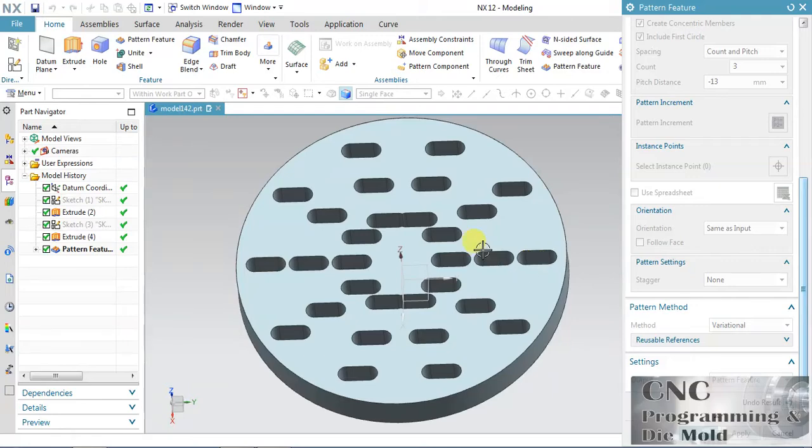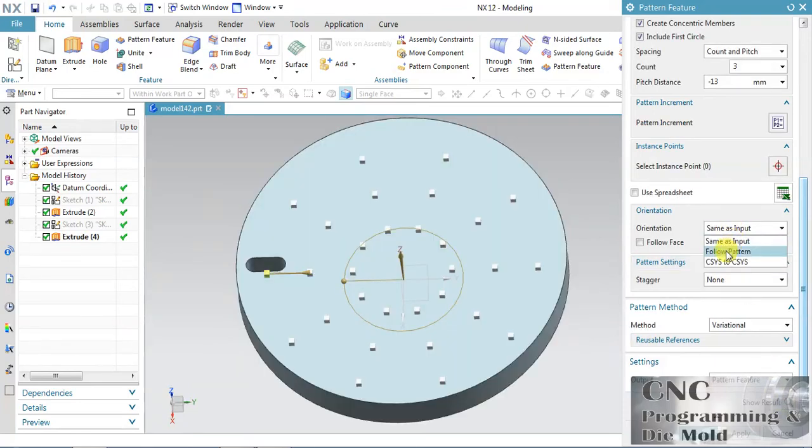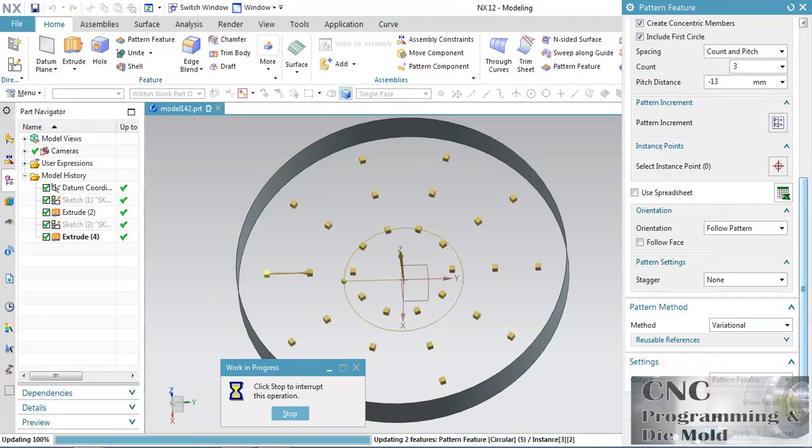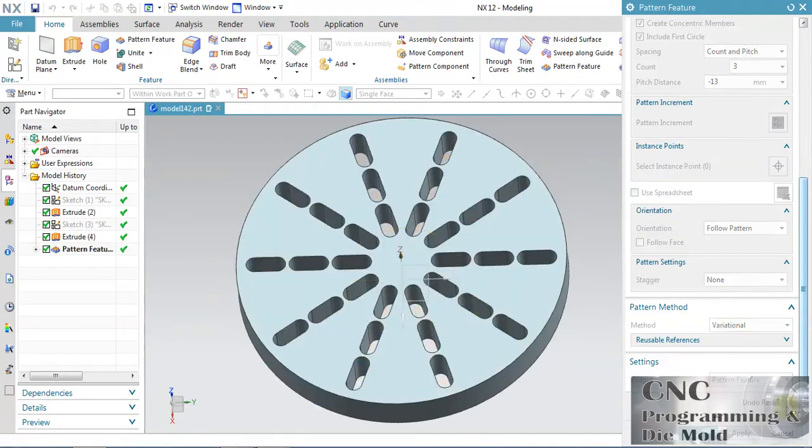My first object is like this and it copies its pattern in the same manner. The object will not rotate with respect to the circular pattern. If you want it to rotate with respect to the pattern, or you want it to follow the pattern, change it to follow pattern. The object will follow the circular pattern.